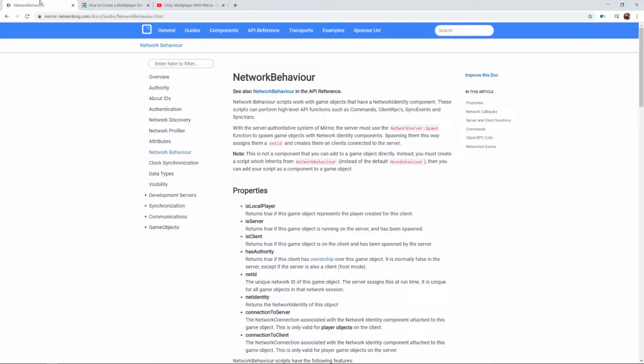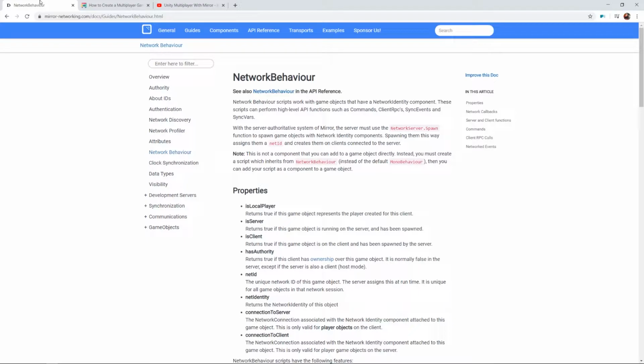So if we ask the server, for example, make us a bunch of cards, the server will have authority over it. And if I'm playing as a host, remember, I'm also playing as the server, so that means that I might have authority over those cards. But if I ask the server to spawn a bunch of cards on both of our screens, then you might have a bunch of cards on your screen, and you might say, well, okay, I want to do some networking stuff with it. And unfortunately, you won't be able to do anything with them networking-wise, because you don't have authority over those objects. That's one concept that we'll return to time and again throughout the tutorial, and it's worth looking through